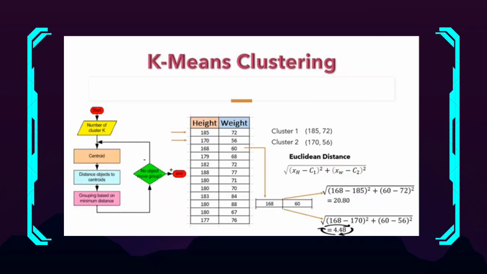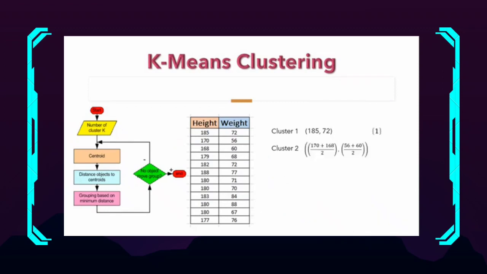So row 3 will be assigned to cluster 2, as we need to assign to the nearest cluster as mentioned earlier. As row 3 has been assigned to cluster 2, now our centroid value will get changed. We will take the mean of 170 plus 168 divided by 2, comma 60 plus 56 divided by 2, and now our updated centroid value will be